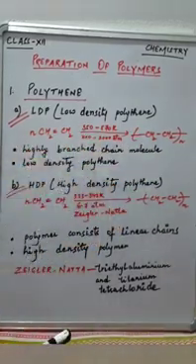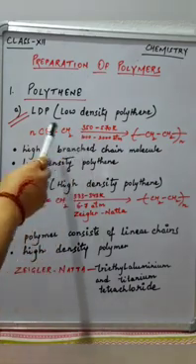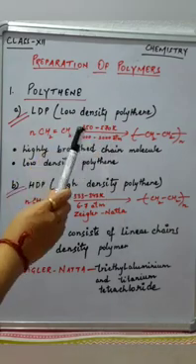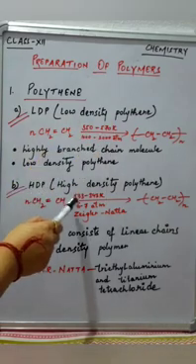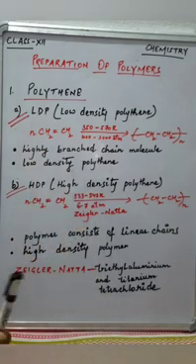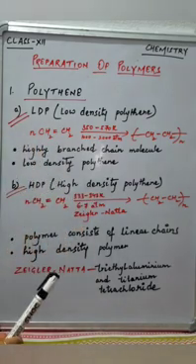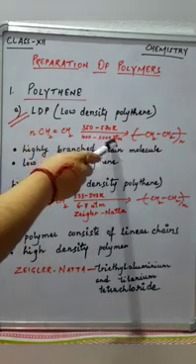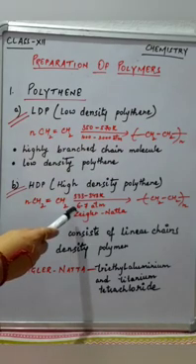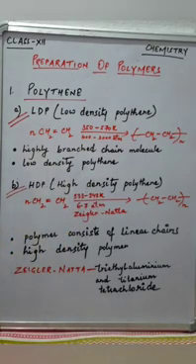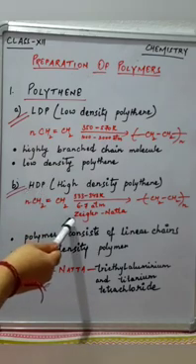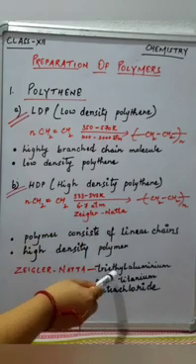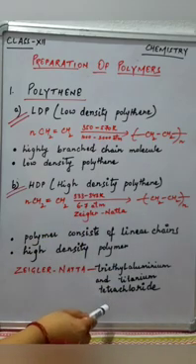So what is the difference between them? There is difference in their temperature. For low density polythene, we need 350 to 570 Kelvin temperature, whereas in high density polythene, we need 333 to 343 Kelvin of temperature. As far as atmospheric pressure is concerned, in low density polythene, we need 1000 to 2000 atmospheric pressure, and in high density polythene, only 6 to 7 atmospheric pressure. And in high density polythene, one catalyst is also used, which is Ziegler-Natta catalyst. What is Ziegler-Natta catalyst? It is triethylaluminum and titanium chloride.